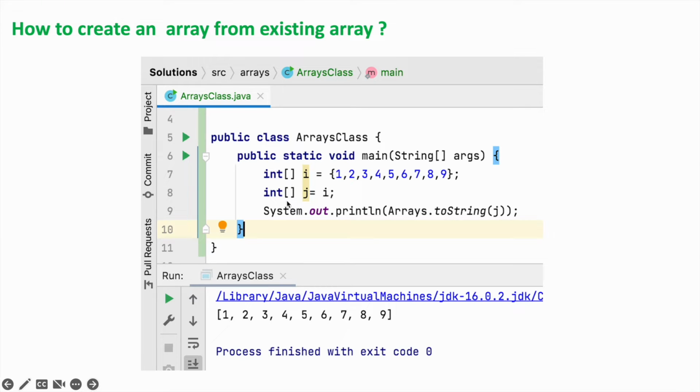We will create int j is equal to i. So we create a new array and assign the existing array to the new array. If we print what elements are there in the new array, we are able to see them. But when you create it like this, the size of the new array will also be the same as the existing array. If you want to create an array along with the existing data and add some more elements to the newly created array,